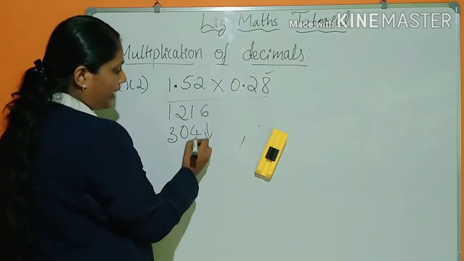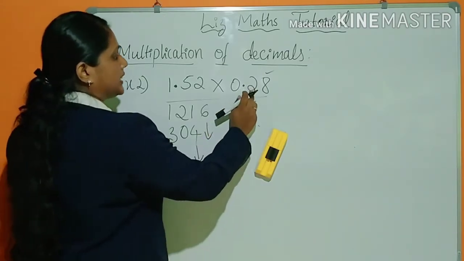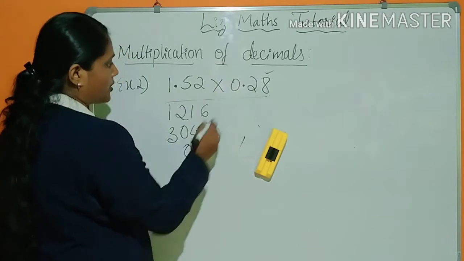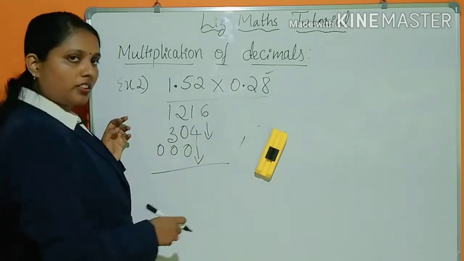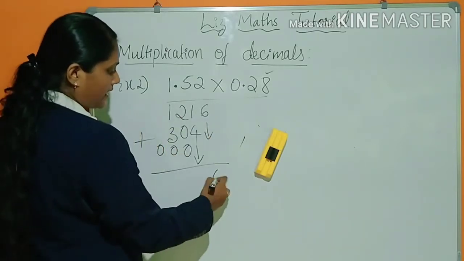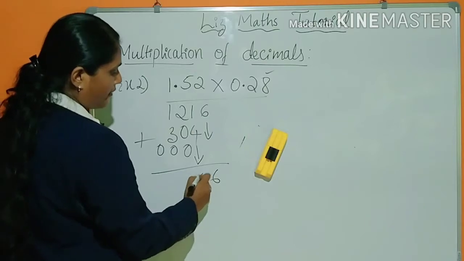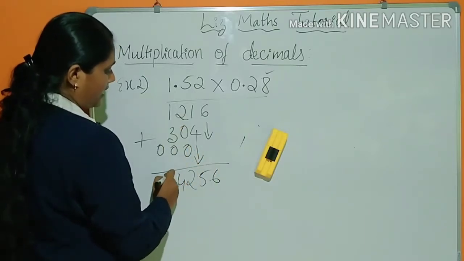So you have to leave this tens place and you have to write for the hundreds place. Got it? This, so 2 into 0, 0, 0 and 0. Hope you understood. Now go for adding these all. 6, 4 plus 1, 5, 2, 3 plus 1, 4, and here 0.